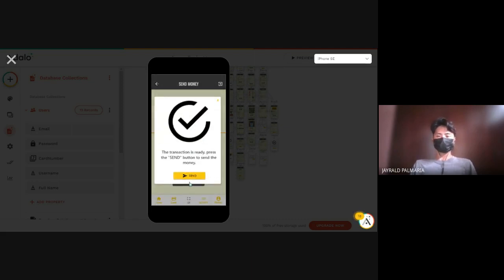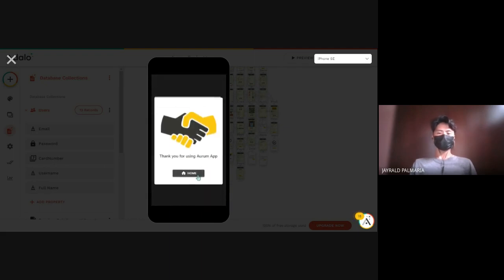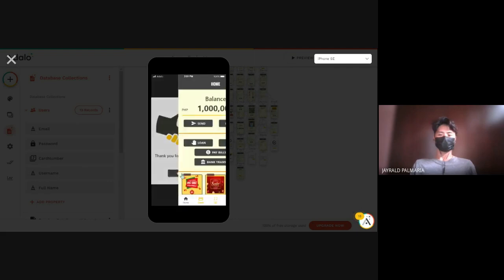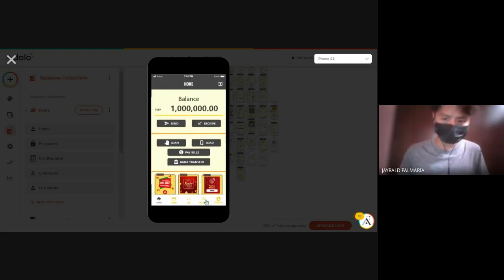At the bottom, you can see the button being pressed. A confirmation will pop up that the user can cancel or send. If the send button is pressed, a notification that the transaction is successful is displayed. And next is